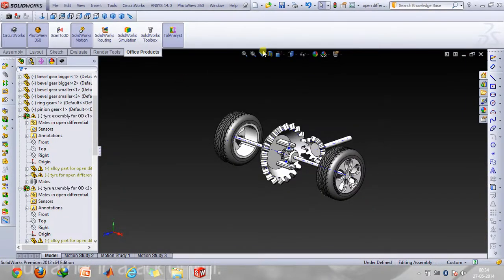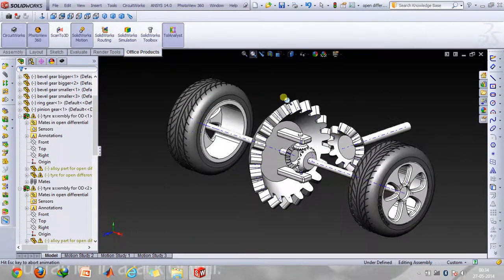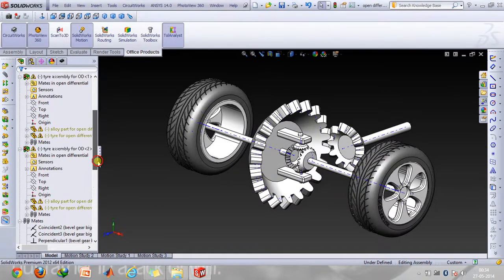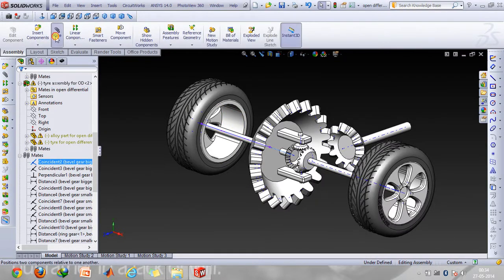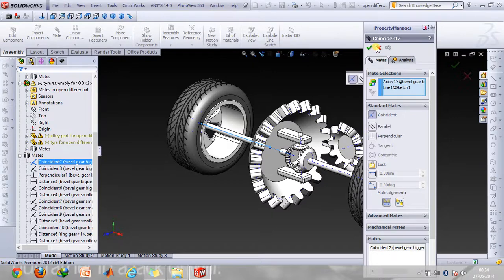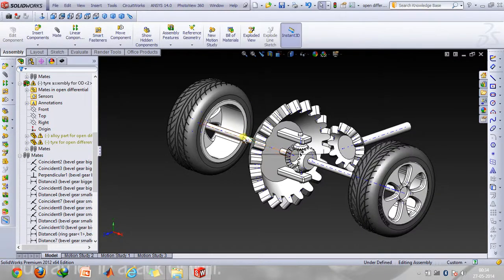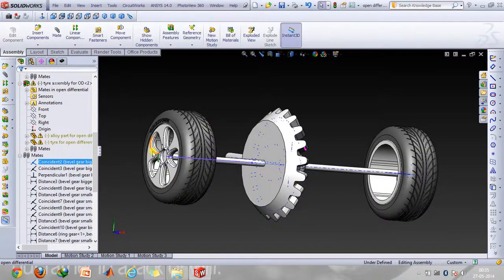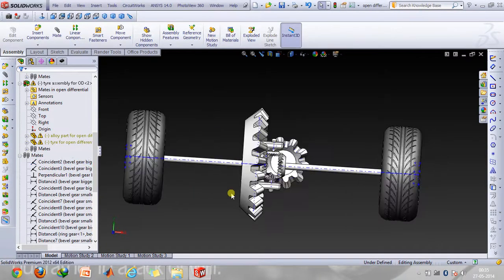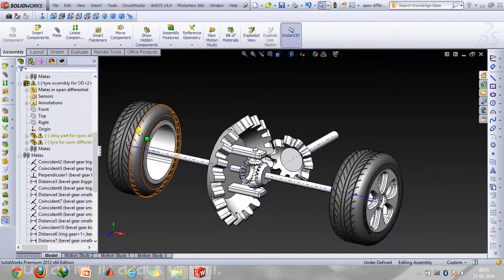So now I'll explain how the mating has to be done. First of all, in the top plane, you need to draw a sketch of a straight line, and then using the coincident mate option, which you can find here in the mate tab, this one, you can mate the axis of this axle with the straight line, which is this one. And then what you can do is mate this point of the straight line to the inner face of this wheel rim. What it actually does is it only allows 1 degree of freedom, that is the rotational one, and does not allow it to go out of the plane.